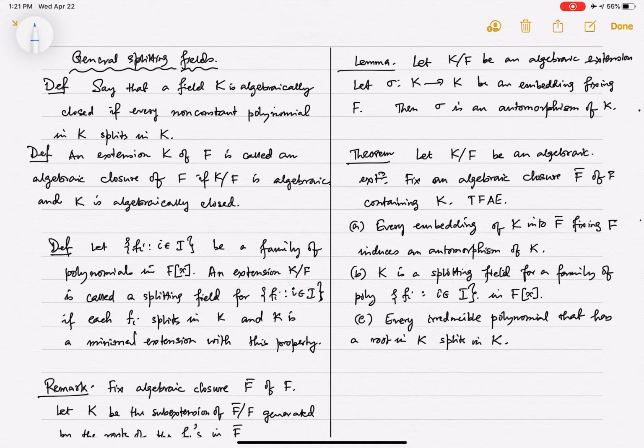So let me talk about the splitting field of a family of polynomials. We have talked about the splitting field of a single polynomial. It's sort of a minimal extension where you have all the roots of this polynomial. But now I want to find an extension which is minimal and which contains all the roots of a family of polynomials. For example,